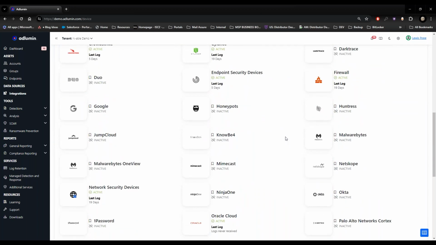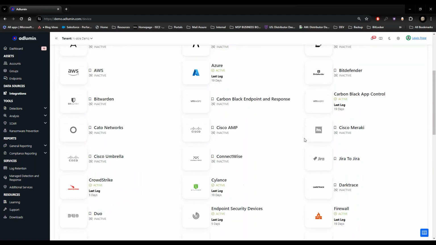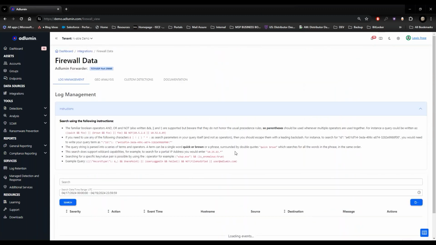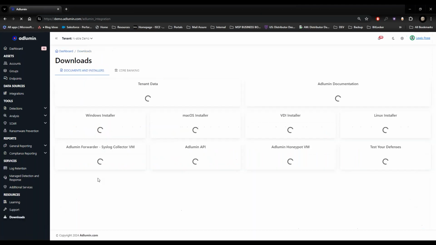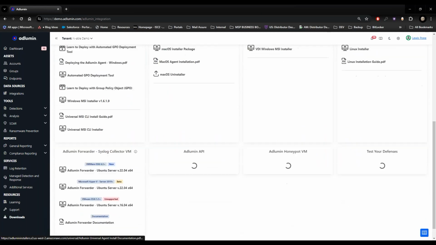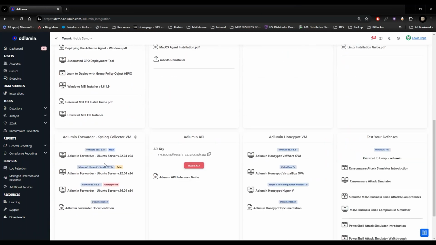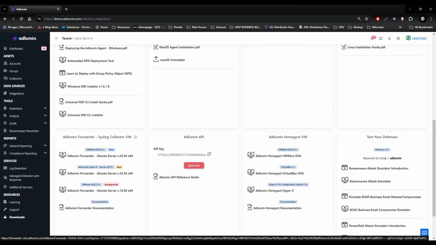But you'll come through, do your Google Workgroups, do your Azure, come in and add your firewall appliance. If the firewall appliance supports API, you can do that. If it doesn't support API, then we'll go to the VMs, grab that VM for the collector agent, and install that somewhere in the environment. If you already have a virtualization platform in that environment, an ESX box or a Hyper-V server, this is something that a technician or engineer can get taken care of in a matter of probably 25